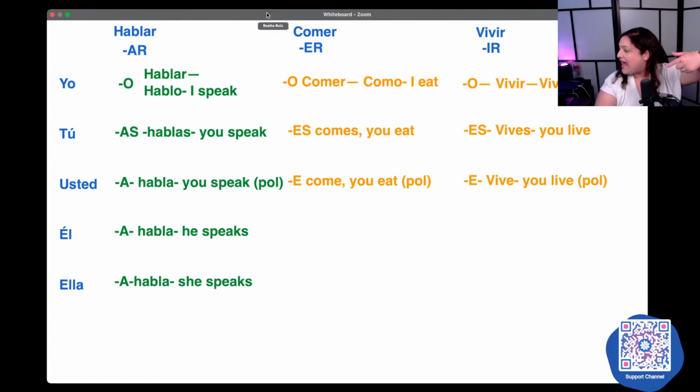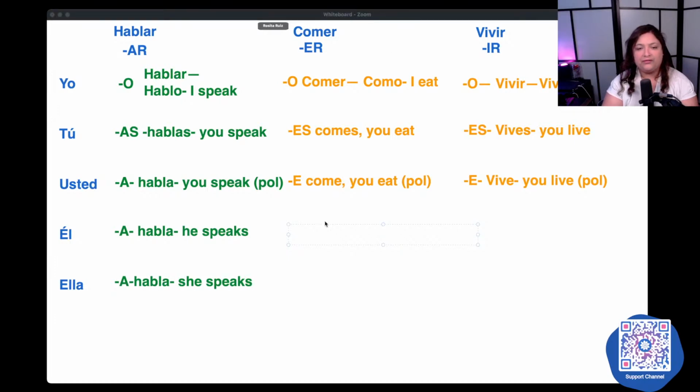Now, the same pattern, or rather, a similar pattern happens in the ER and IR verbs. So here we have, let me change to orange. No creo, no creo. It's like saying Chinese and Japanese are the same language. Okay, so aquí we have come. He eats.